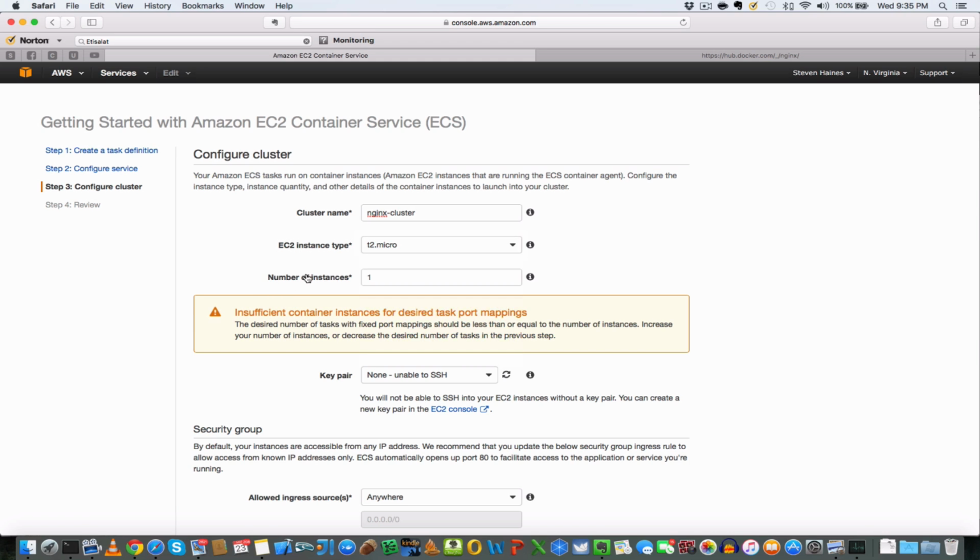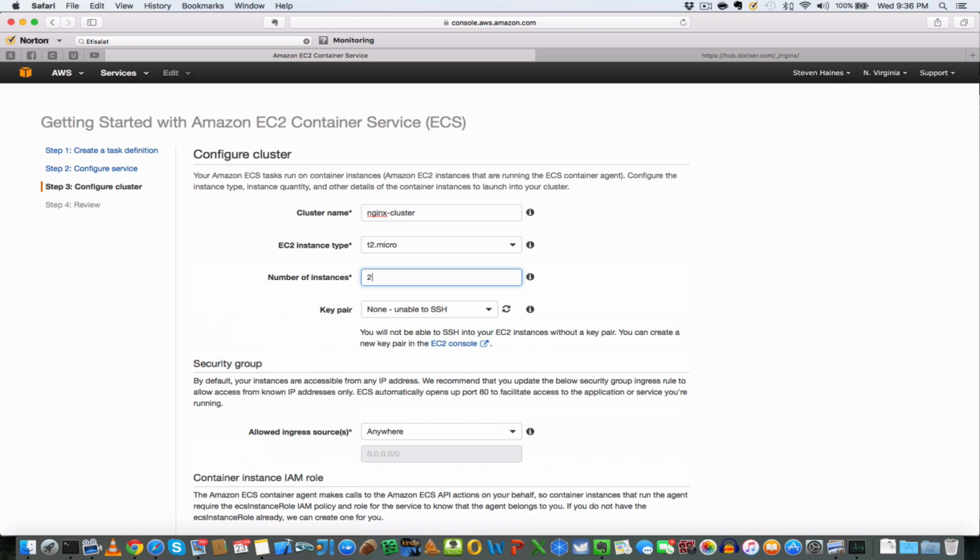And then next it says number of instances. So how many EC2 instances do we want to run? And there's a little warning here that says insufficient container instances for desired task port mappings. What this means is that each one of the services we configured has a Docker container that's exposing port 80. We're asking to run 2 of those. And if we have 1 instance, then we can't have 2 port 80s. So in this case, I can change it to 2, but I'd recommend that you change it to what I'll